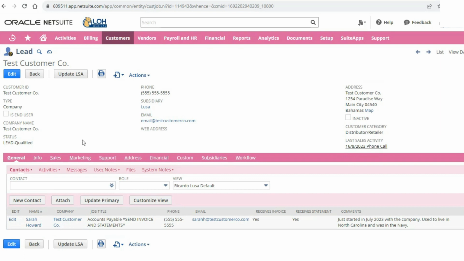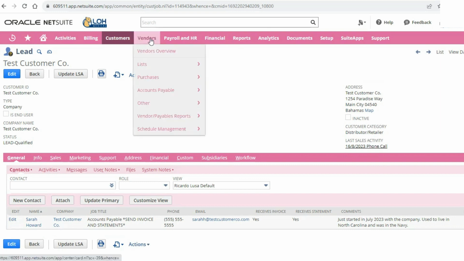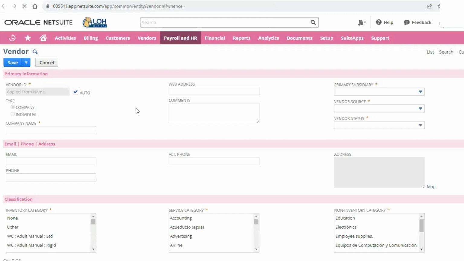So we've reviewed leads, and now let's go on to vendors. So I'm going to create a new vendor, and it's really similar to the customer form.